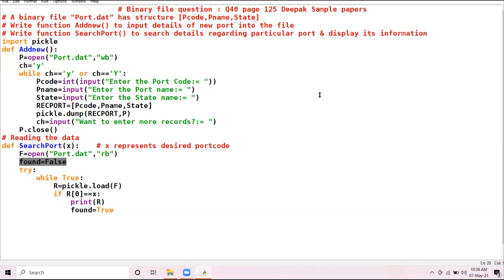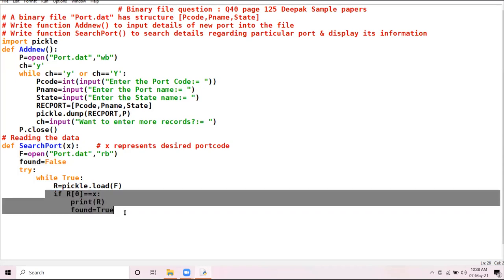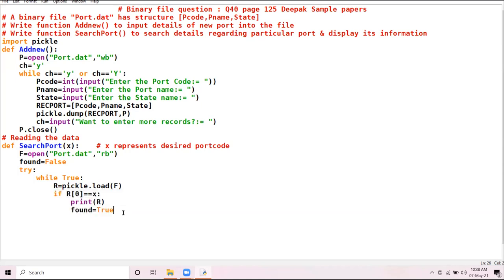What if no record matches till the end of file? What will happen, this runtime exception arises. In that case, we will be using the except block. If any exception arises, if no record matches, we will handle the exception here.